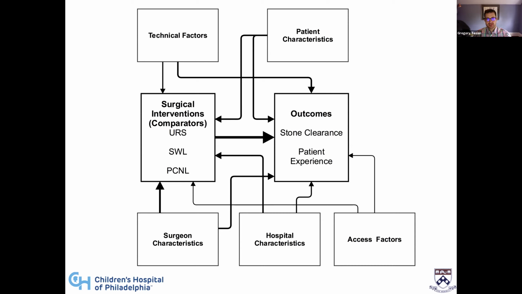And as mentioned at the beginning, within a particular surgery, there are technical factors that differ within an intervention. And all of these different factors within the larger environment can influence the choice of the intervention, and it can influence the choice of the